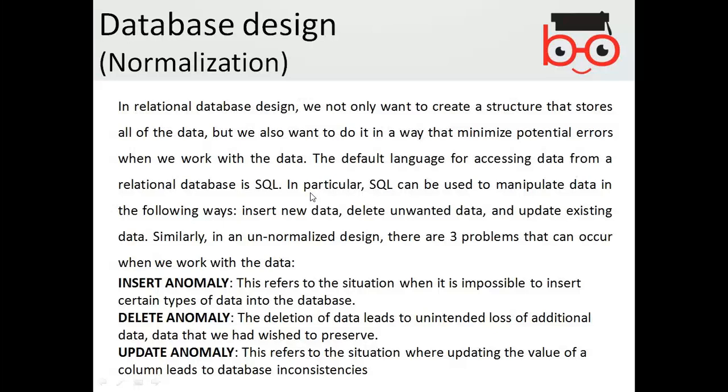So basically these are the problems. Inserting, for example, if you wanted to suddenly insert more than one thing into one column, then the database will not be suitable. If you wanted to delete one particular entity and the linkage between the tables and the data was not proper, then you accidentally deleted the wanted data.